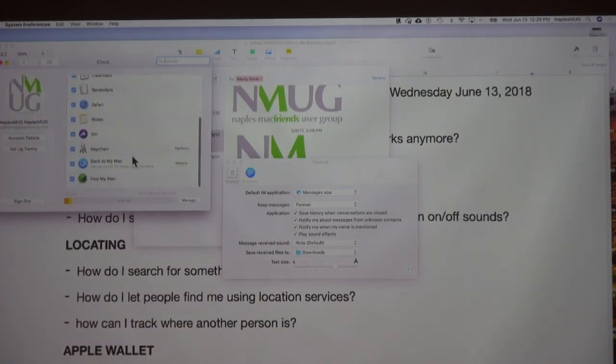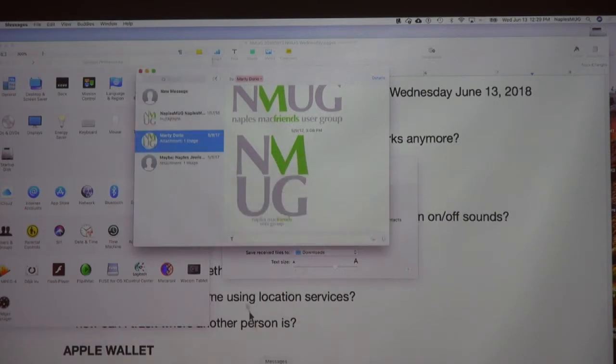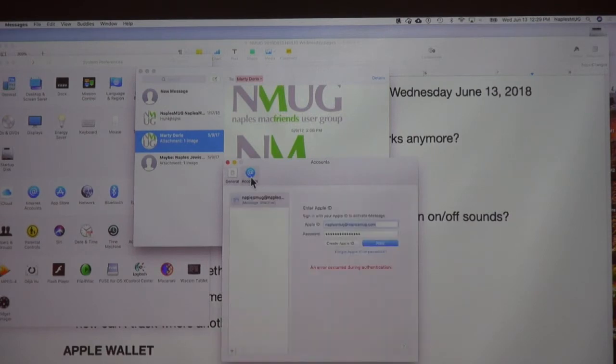You have to tell it. We don't have messages in system preferences. No, we don't. Where is it? Say it again. Well, that's messages, right? That's iChat. And I don't see the default app, keep messages forever. Save history, notify me, play sound effects, message receive sound, save received to these. See, I don't have a...